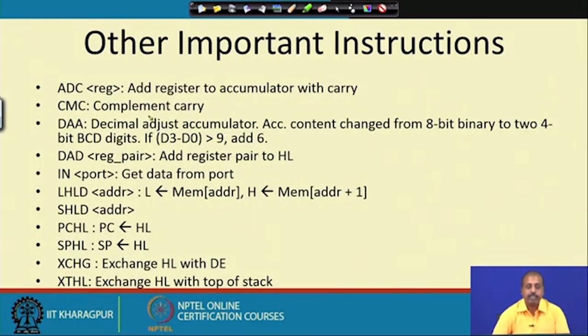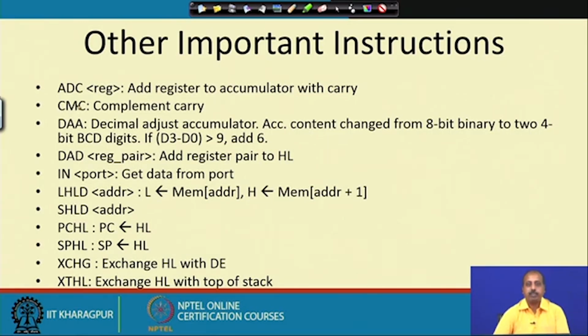Okay. The next instruction that we will see is the complement carry, CMC. Whatever be the previous value of carry, that will be complemented and you will get the new carry value which is the complement of the other one. This is also necessary at various times, like if you are transmitting some bit pattern which is alternate zeros and ones onto the serial output line, you can use this CMC